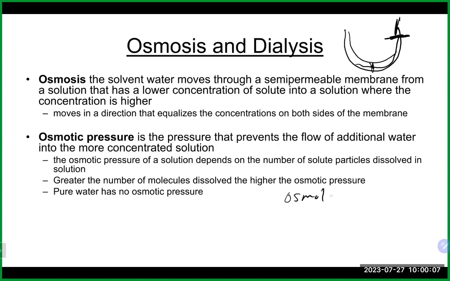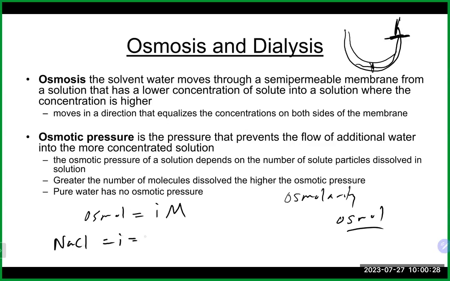And osmolarity, sometimes referred to as just osmol, is basically the i, which is the van't Hoff factor, times the molarity of a solution. So for example, if we had 3 solutions, we had our sodium chloride solution where i was 2. We had our calcium chloride solution where i is 3. And if we had the same molarity of each of these, say 2.5 molar of each,